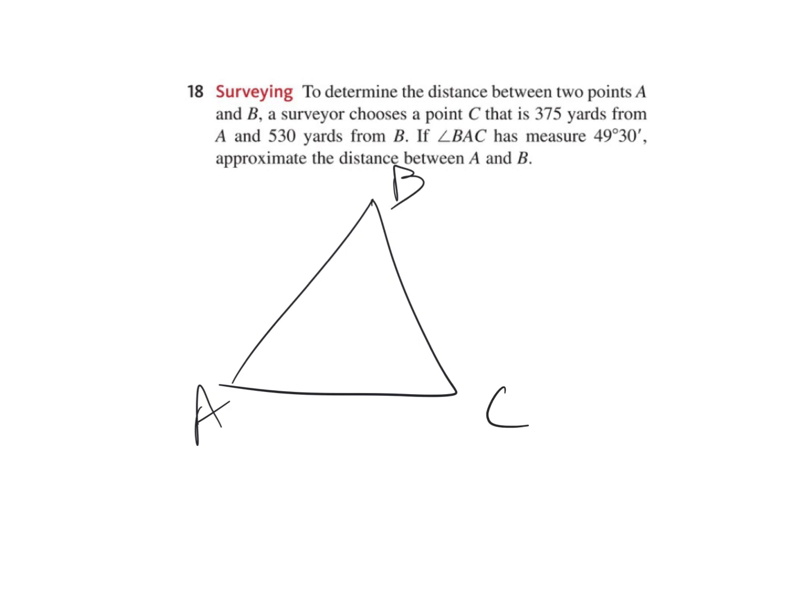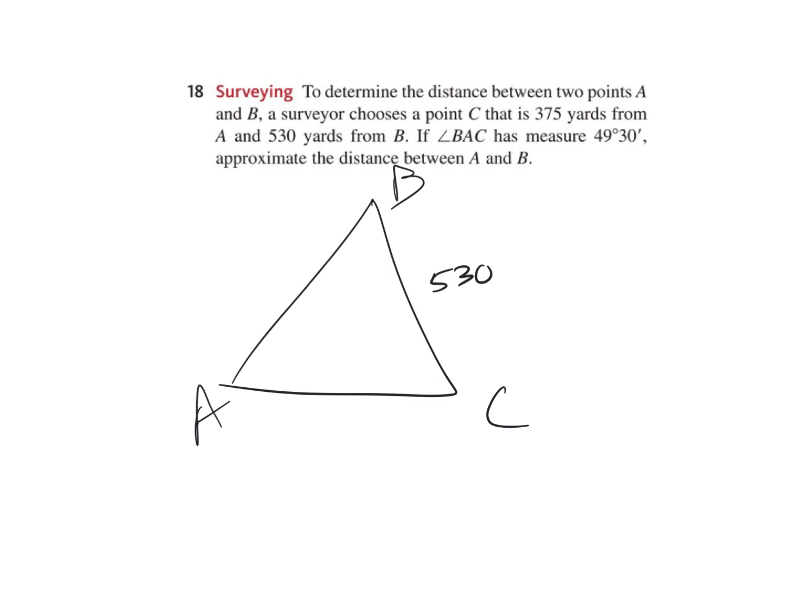Okay, so 18 is to determine the distance between points A and B. The surveyor chooses a point C that is 375 yards from A. Okay, so we just draw a generic triangle here, A, B, C, and we have 530 for A,